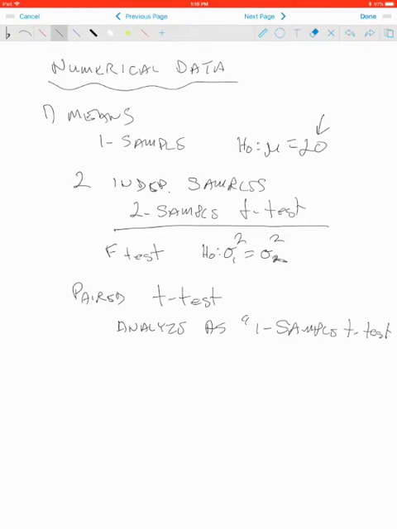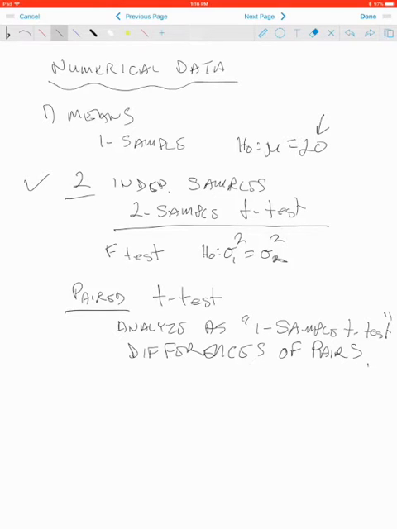You're going to analyze it as if it's a one sample t-test by analyzing the differences between the performance of pairs. And so in the realm of these t-tests, where we're asking questions about one mean or two means, in the case of independent sample t-test or the paired t-test,